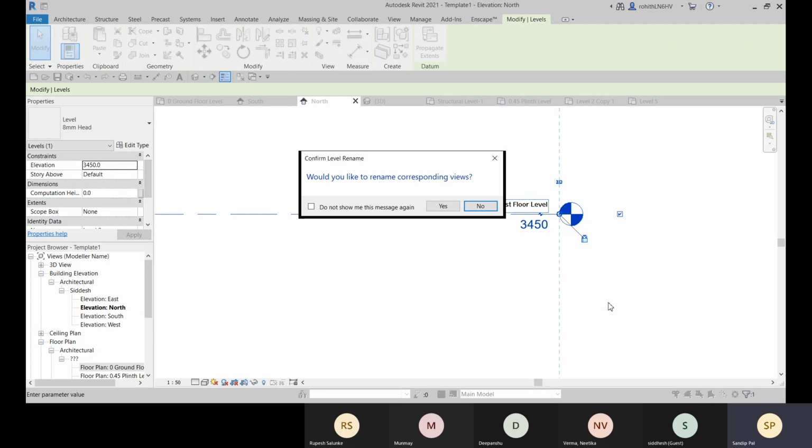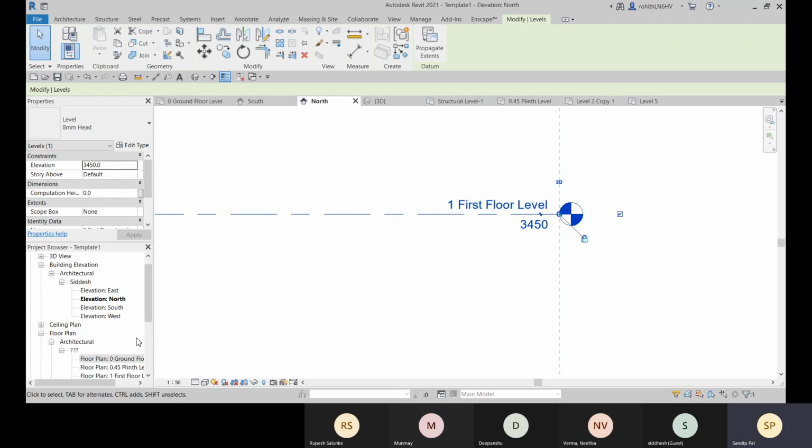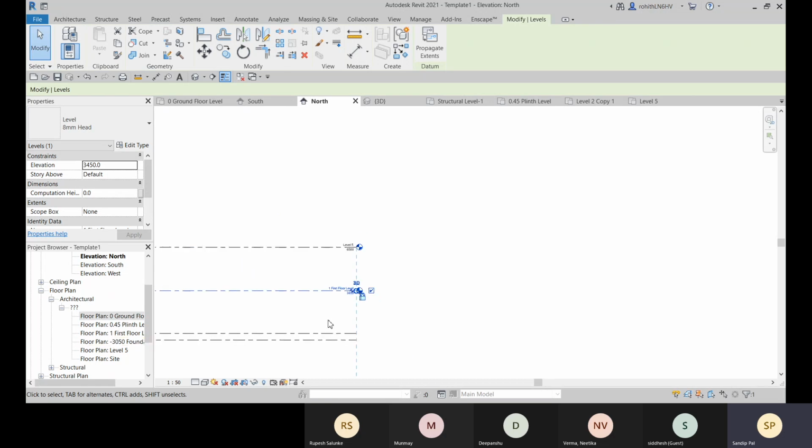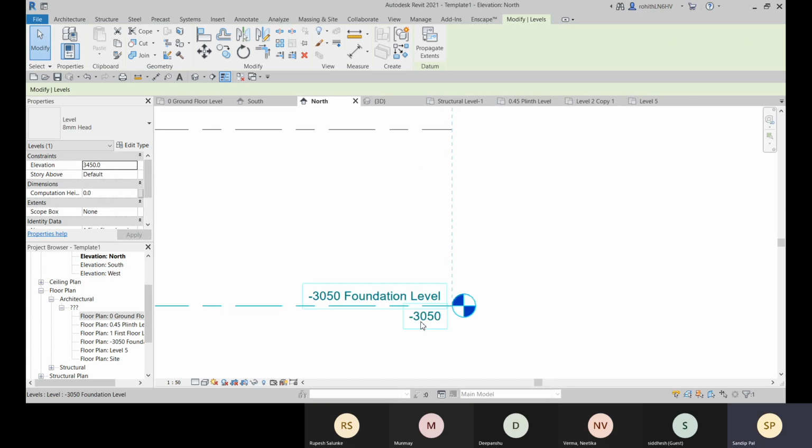I have just copied it. Click outside, then click yes, and that is renamed. And you need to define this as -3.05. Click on yes.